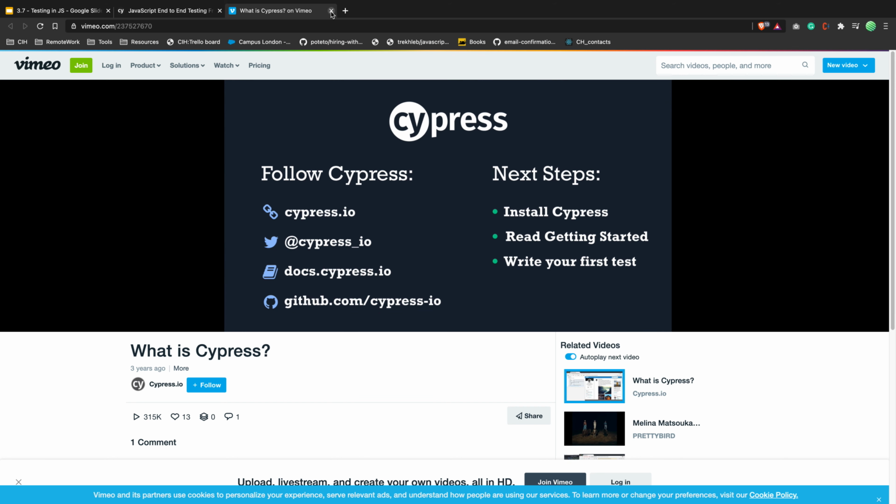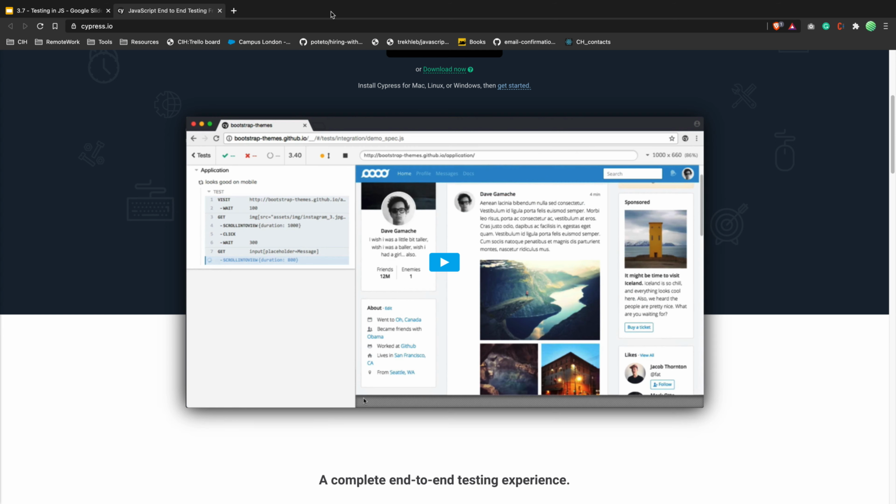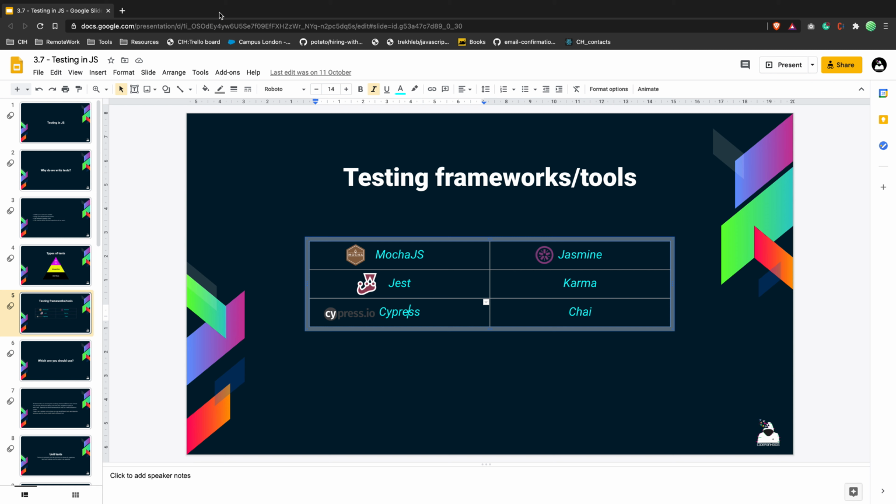It depends on the company, but some companies ask QA engineers to write end-to-end tests. Some companies ask front-end developers to write automation or end-to-end tests. But unit tests are always on developers, and integration tests are always on developers. And in our case, on front-end developers, because this is about JavaScript.